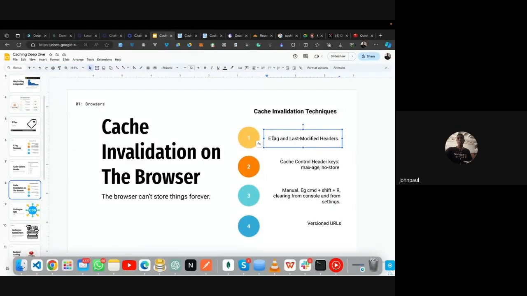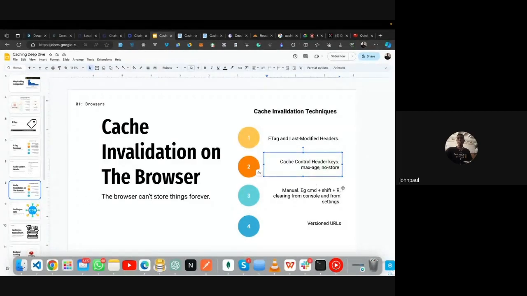If the e tag has changed, it's going to request for a fresh one. Then there are cache control headers. The keys on cache control headers like max age, no store, immutable, those ones also control how the browser will